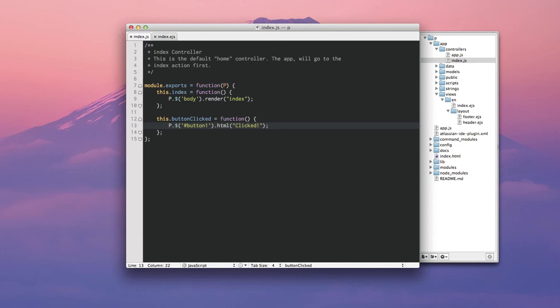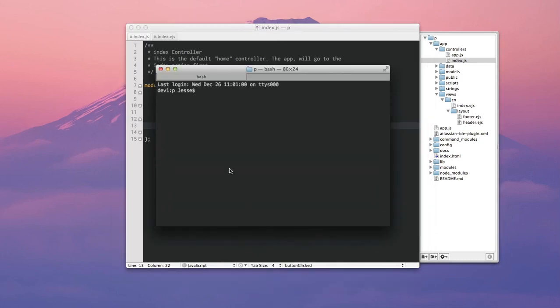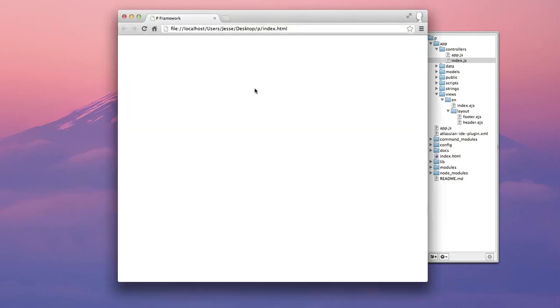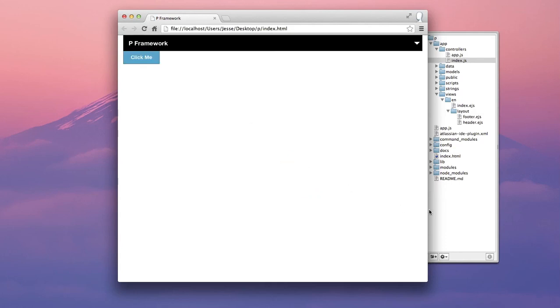So now let's go ahead and start the P server. I have a terminal window here. We're currently in the P directory, so let's just run node app.js. And it'll do some startup. It gives us this warning about a session key. Don't really worry about that until production. It's just kind of to make your app unique when it's storing session data. And then I have Google Chrome here, which is open to the index.html file. So let's refresh the page,